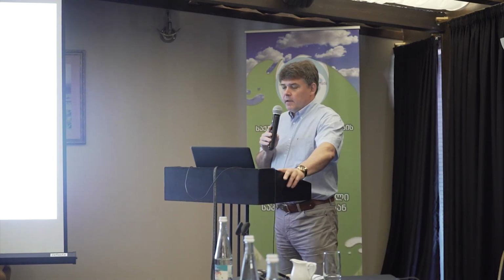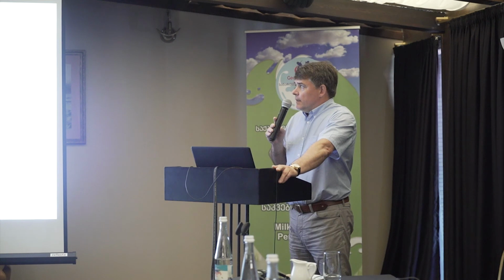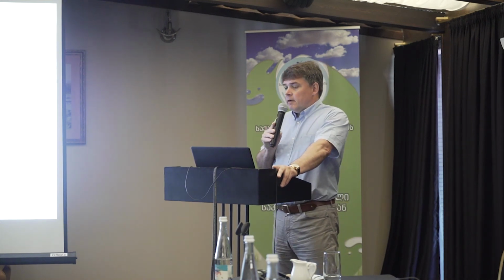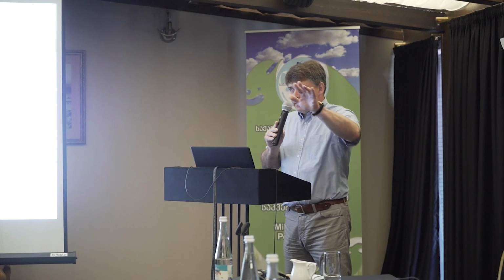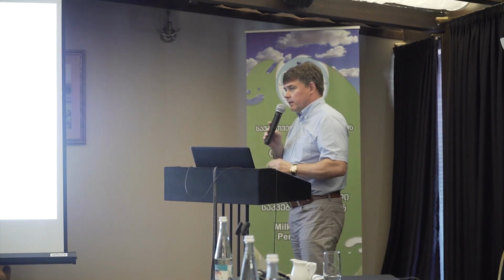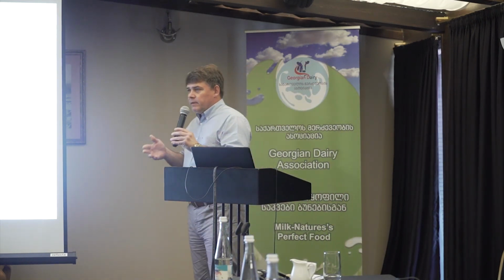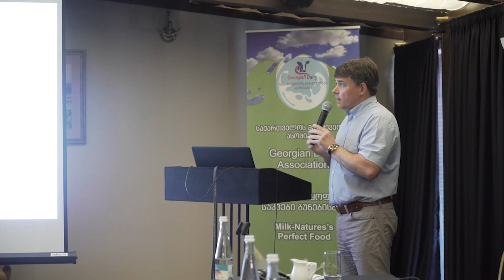Second is the bacteria inside the uterus. And if there is an infection, if there are bacteria inside the uterus, the source of this infection is always the environment. As dirty as the surroundings around the cow are, the cow is calving. Or if we are going to assist the cow, and we are doing it with dirty hands, or not cleaning the cow, not cleaning our hands, we introduce, of course, bacteria inside.